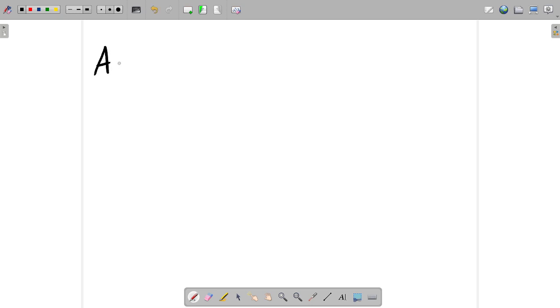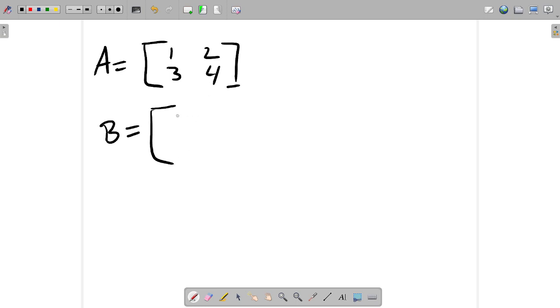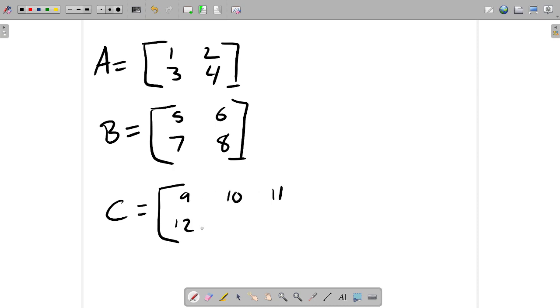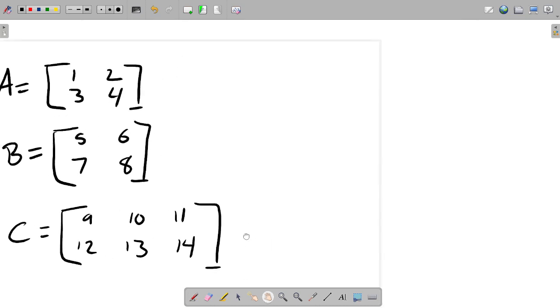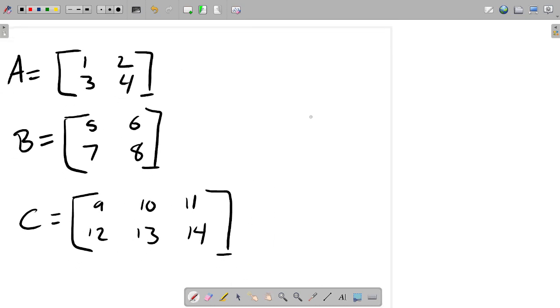So operator overloading: say we're given matrices from math like this. In mathematics, if you wanted to do something with these matrices, you might write A plus B. However, if we're implementing this in a